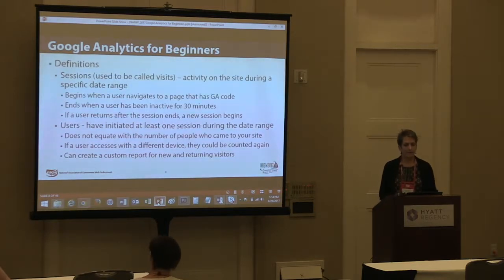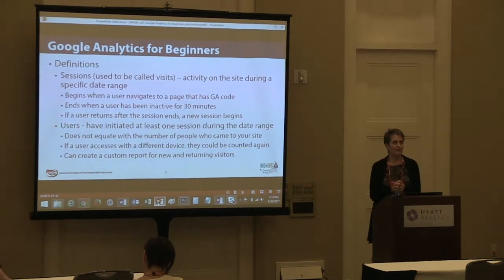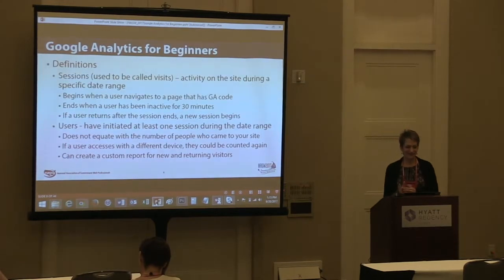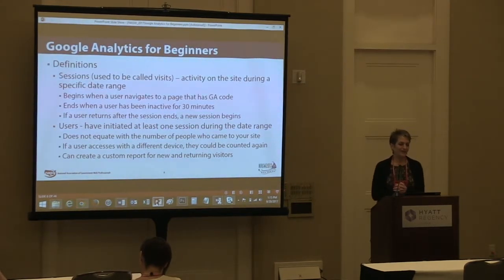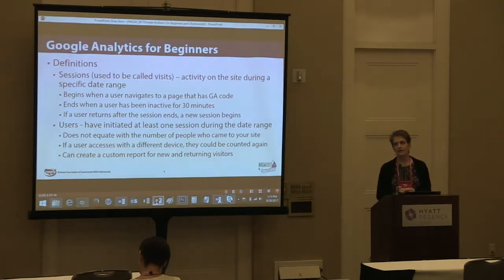So one thing I'll mention is that Google Analytics is always changing. They're always looking at how they're reporting information. And they'll change their interface quite frequently, and I'm like, oh no, something's different here. I've got to figure this one out. So they used to have a category called visits, and then all of a sudden it changed to sessions. And I think that was more to include e-commerce and that kind of thing, for people coming to the website for any kind of purpose, not just to look at a page. So it's activity on the site during a specific date range. And that's kind of the dominant metric that we'll use.